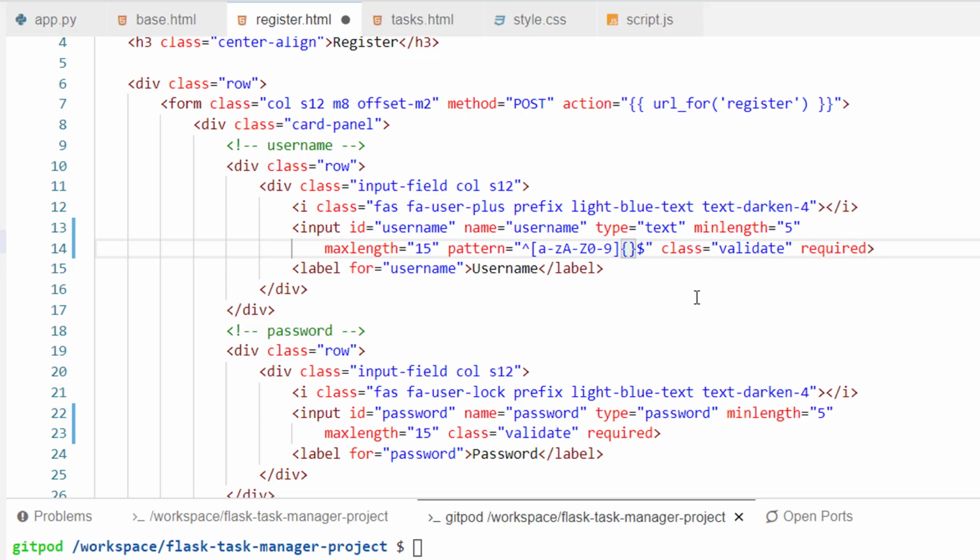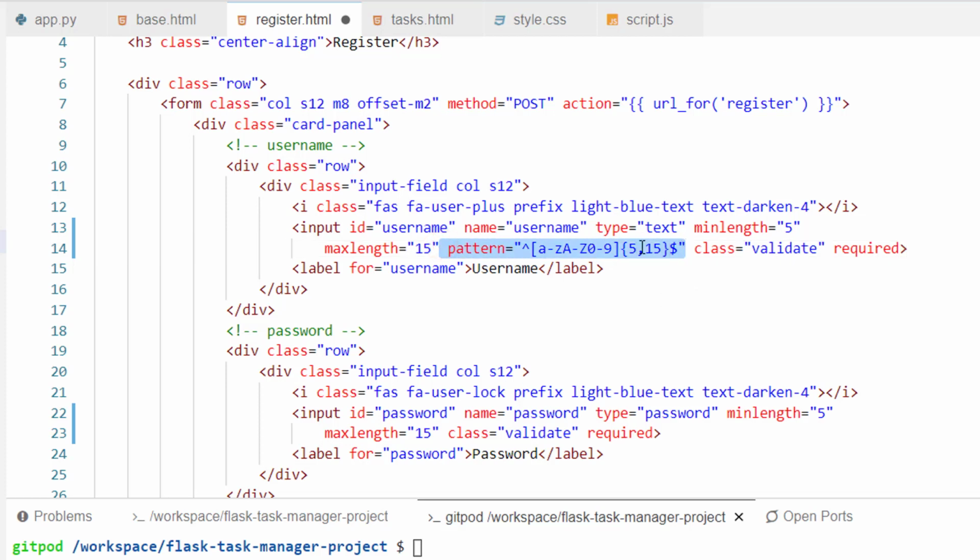Within curly brackets, we can then specify the number of characters permitted, but we need to use a comma to separate the values, 5,15. So to quickly recap, our pattern will now accept any alphanumeric usernames between 5 and 15 characters long. There are, of course, more advanced features to using regular expressions, but this should satisfy our basic requirements.